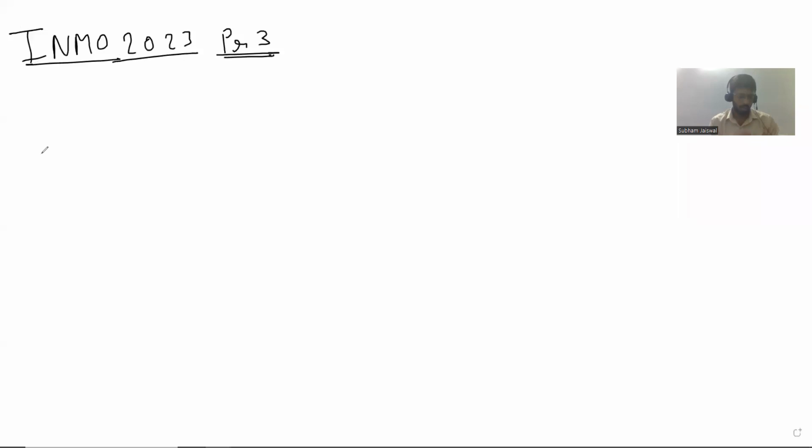Okay, so this is your INMO 2023, and we'll do problem number 3. It's about finding C's. For which C, so C belongs to the reals. And then there is a function from N to N, which has this